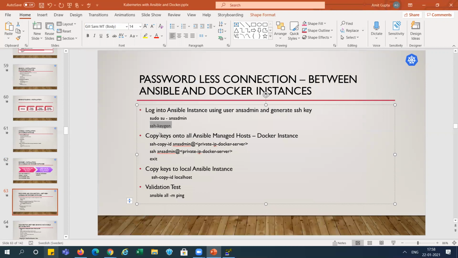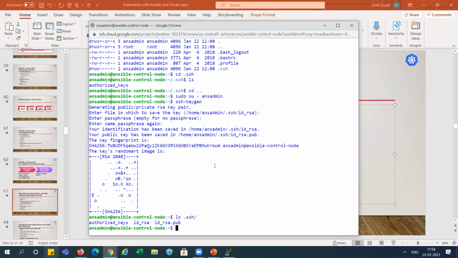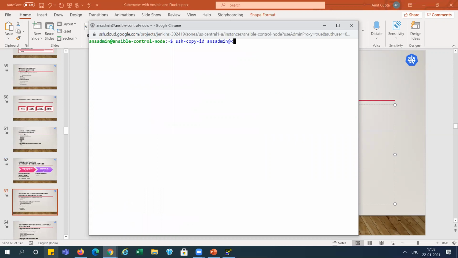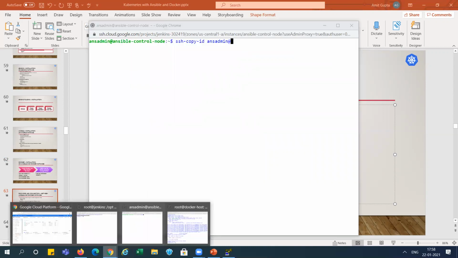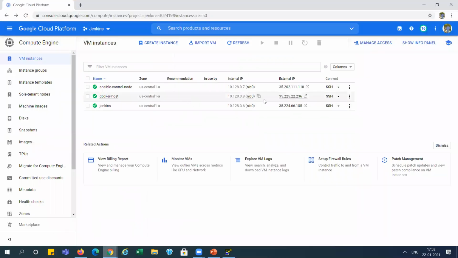Now we need to copy the SSH key to the Docker host. So we need the private IP of the Docker system. So we can go and take the Docker private IP for the Docker system, right?